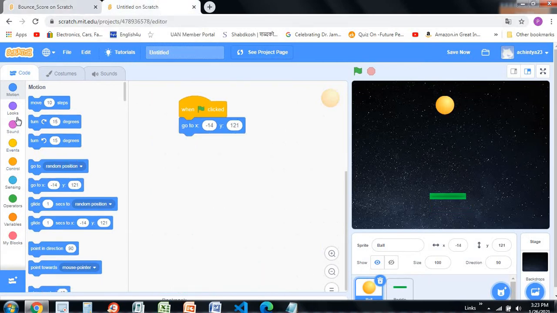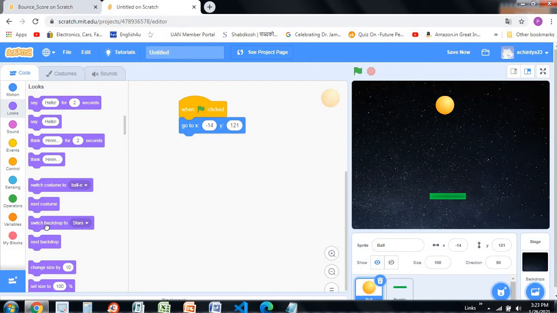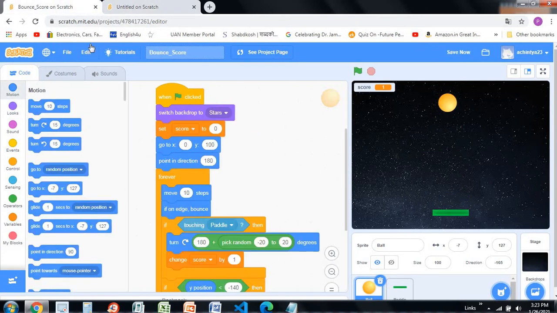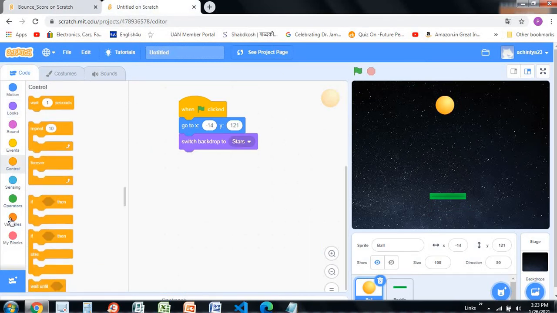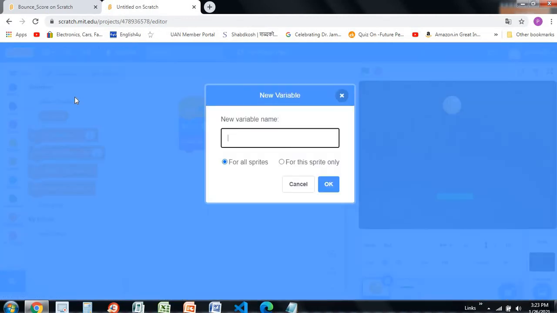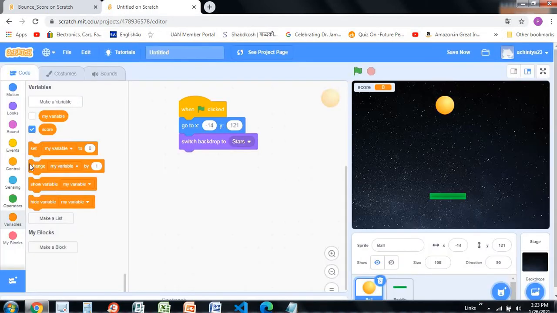So first of all, go to the looks, switch backdrop to stars, and then set score to 0. The second important thing is that the score should be set to 0. Click over here, make it score, and drag and drop this, set score to 0.